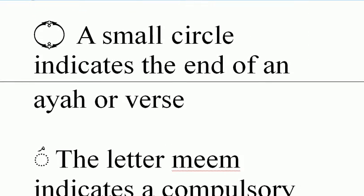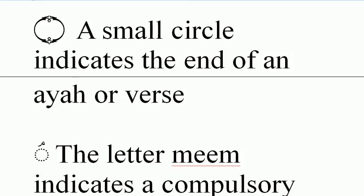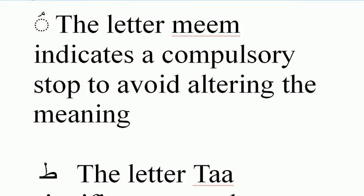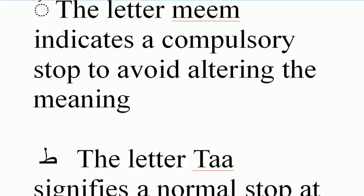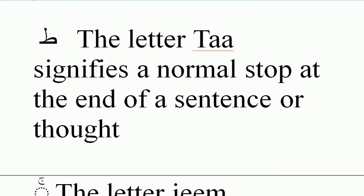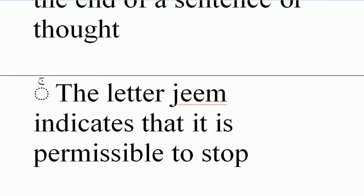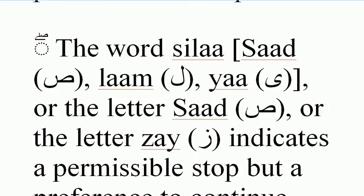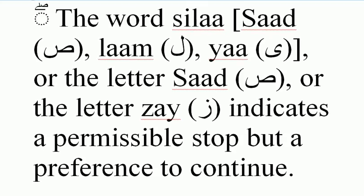A small circle indicates the end of an ayah or verse. The letter mim indicates a compulsory stop to avoid altering the meaning. The letter ta signifies a normal stop at the end of a sentence or thought. The letter jim indicates that it is permissible to stop. The word sileh, sad, lam, ya, or the letter sad or the letter zay indicates a permissible stop, but a